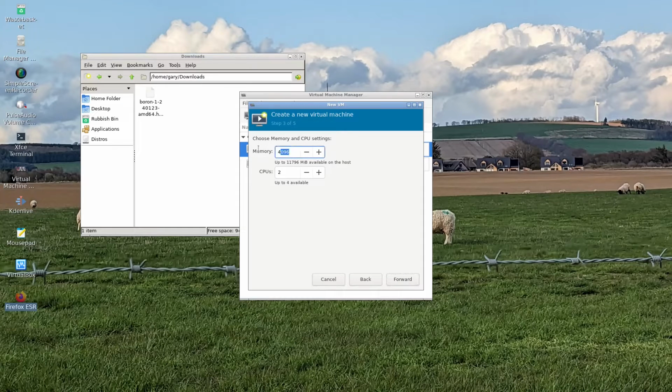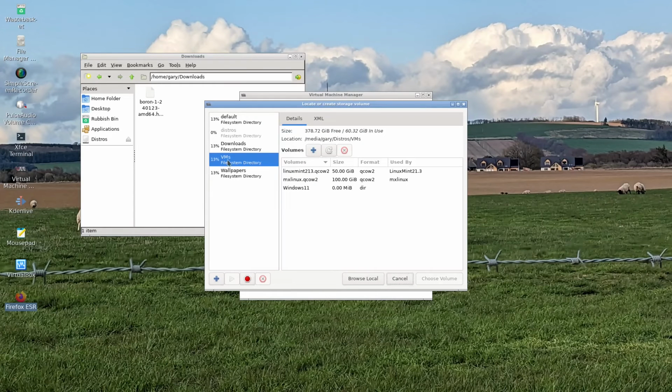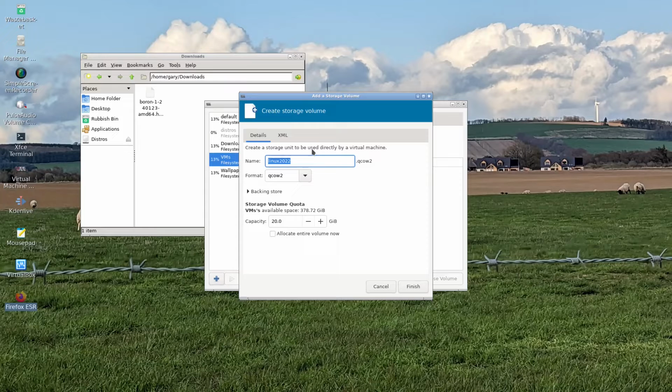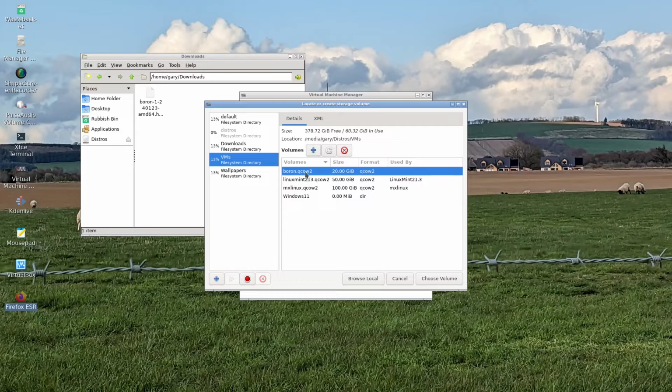How much memory? I'm going to give it 8 gigabytes. I'm going to give it 4 cores. So what I'm going to do is click manage here, and under VMs I'm going to create a new volume. I am going to call it Boron. I'm going to make it 20 gigabytes. I don't need any more than that for this. You can see there's different formats. I'm going to put it in the QCOW format. Click finish, and then I've got my